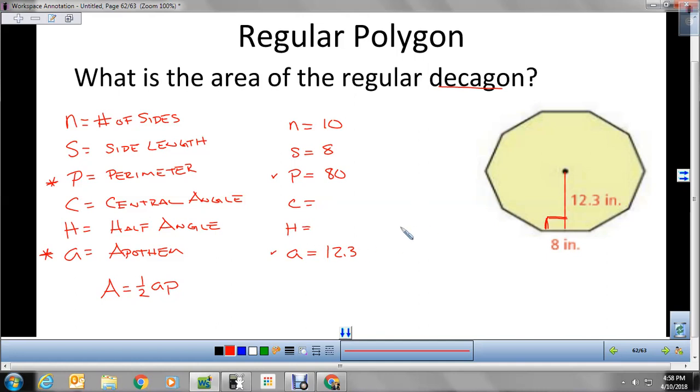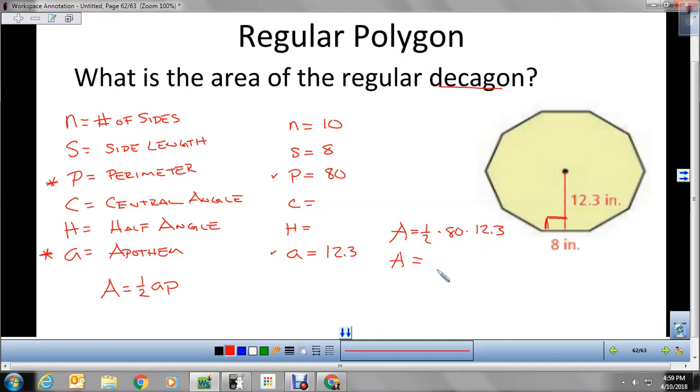So from here, we're just going to plug our numbers into our equation. 1/2 times 80 times 12.3. It doesn't matter what order we put the apothem and perimeter in. We're going to multiply them in any order. And so this will give us the solution